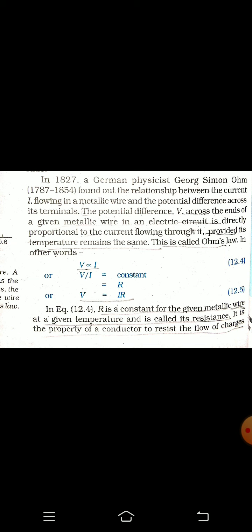That means resistance is the property of a wire to stop the electric current flowing through it. Now, flowing through it means what? From where will it flow? From the resistor. Remember, resistor. When we use an electric circuit, there will be a resistor. So this resistor has the property of resistance, which will stop the flow of charges.